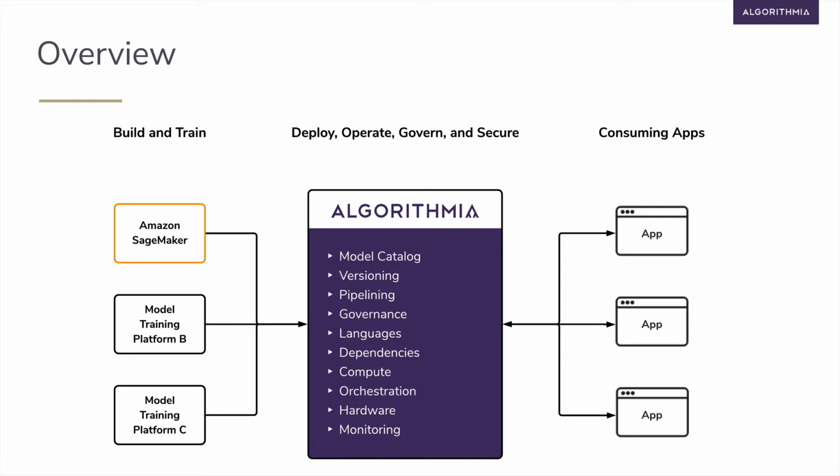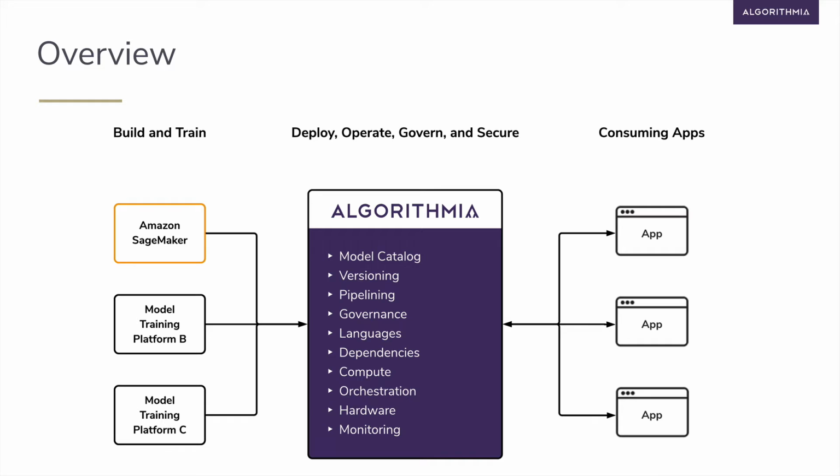First, let's get a high-level overview to see where Algorithmia fits into the machine learning lifecycle. On the left side of this diagram, you'll see a number of different model training platforms, including Amazon SageMaker. These are platforms that your data science team is using to build and train machine learning models today. Once you've trained and saved your model, we can move to the middle of the diagram, and you're ready to